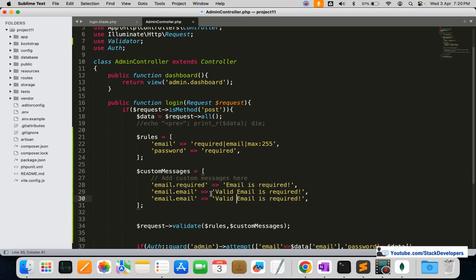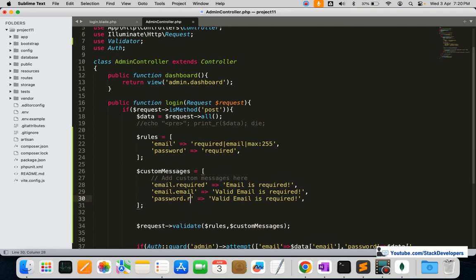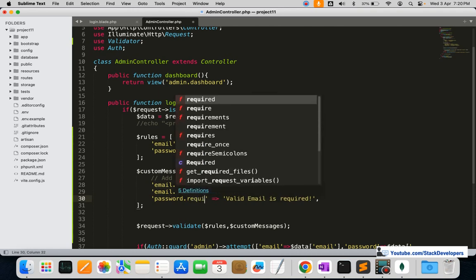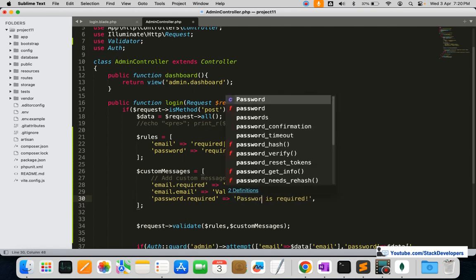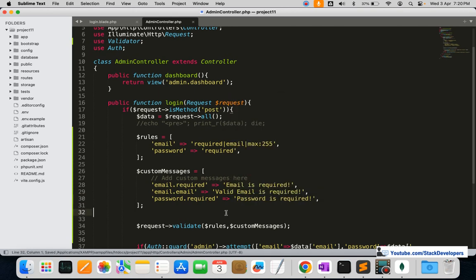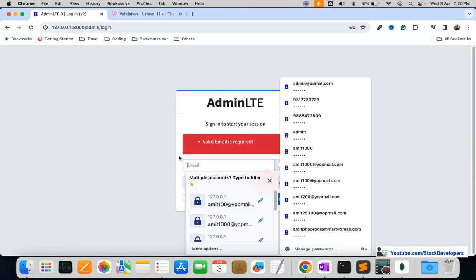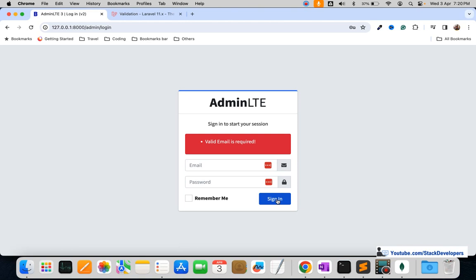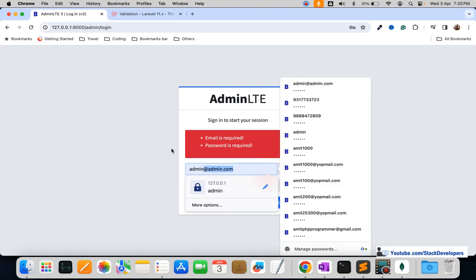And after that we will add the custom message for the password field as well, and that is the required, that password is required. So here we will add password is required. The admin is required to fill the password here. So another custom message. So these are the custom messages, and if we leave both empty and click on sign in, then email is required, password is required comes. And if in case